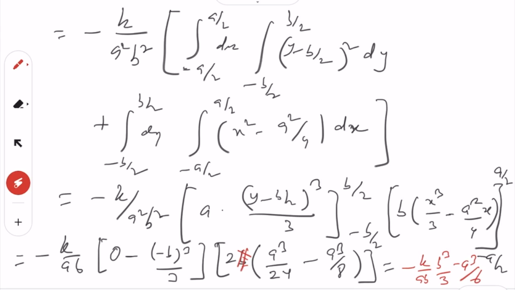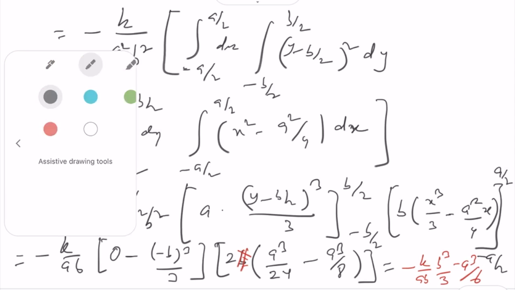Okay, so done. That really means that we can write the final value, and now the final value will be